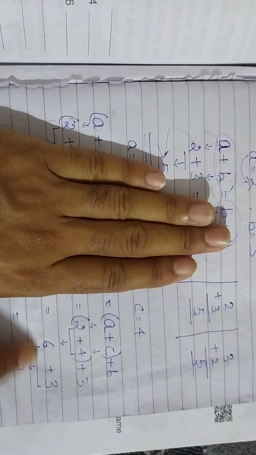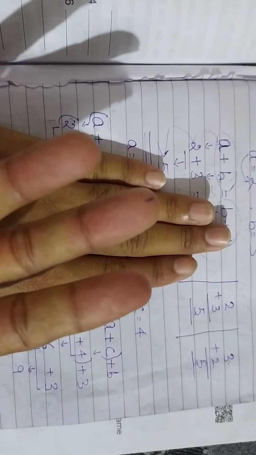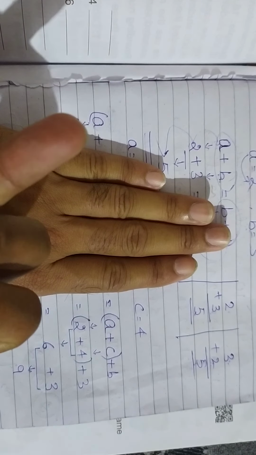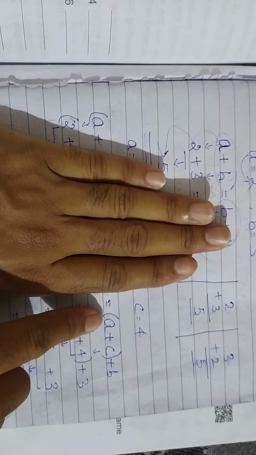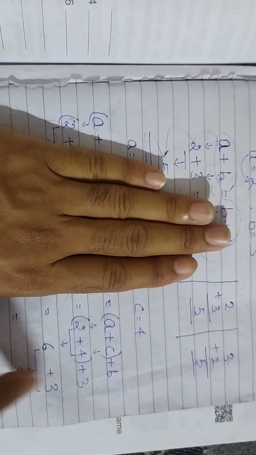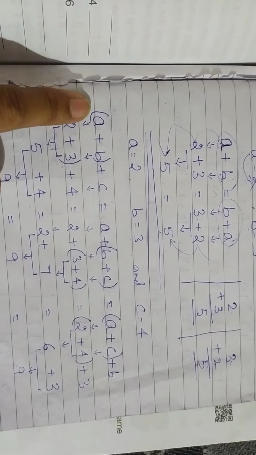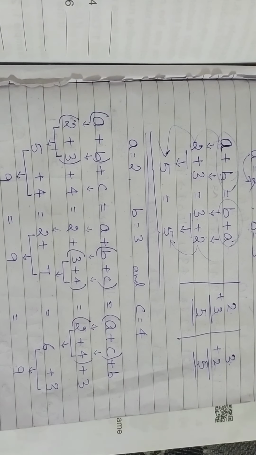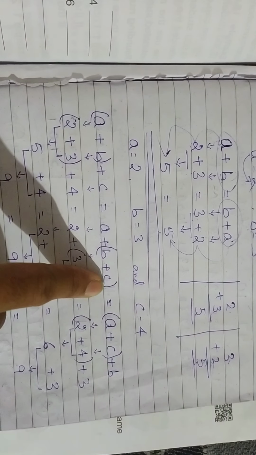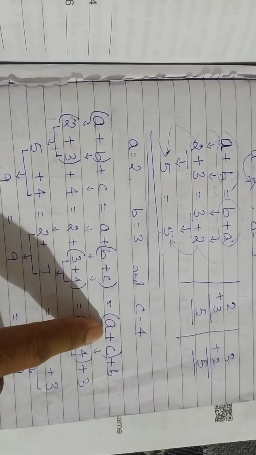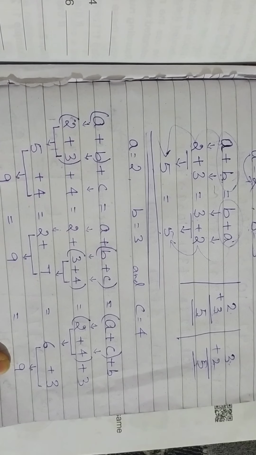Now you have to add 6 plus 3. 6 in the mind, 3 on fingers. After 6: 7, 8 and 9. So what did you get? A plus C plus B? 9. So the conclusion here is A plus B plus C is 9. This A plus B plus C is 9. This A plus C plus B is 9.